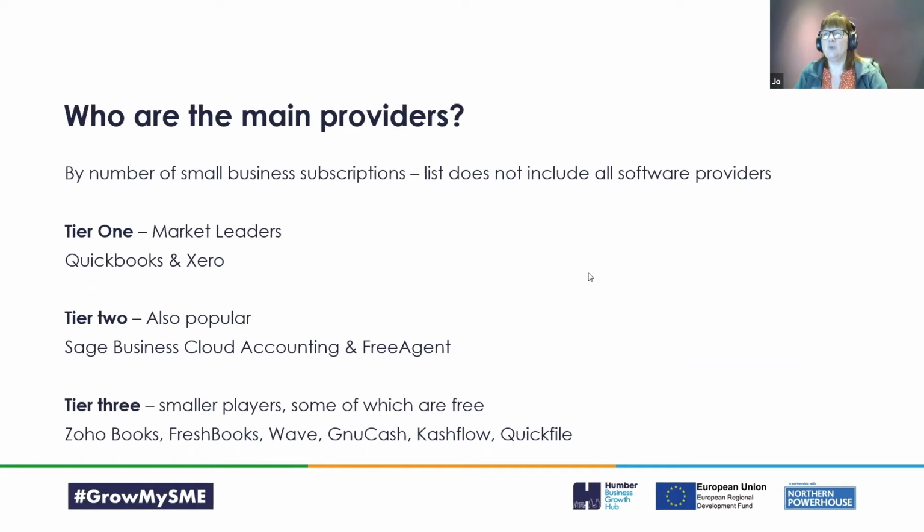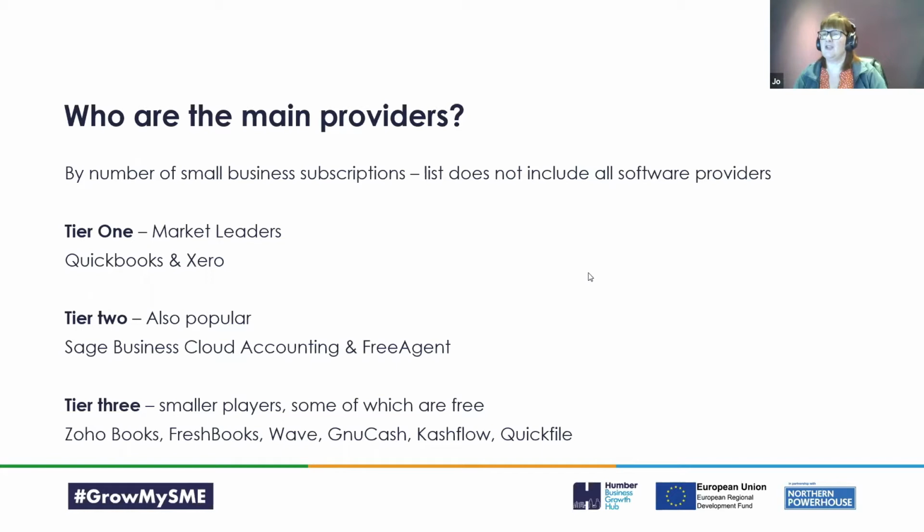In tier two, really popular software too are the Sage products. Sage used to be the market leader when we were looking at desktop products. It was Sage all the way. Sage 50 was the thing, and Sage Instant were the things that small businesses used. And they've brought in some cloud-based products. They were a little bit behind the curve in bringing in cloud things. So Xero were out of the traps quickly, and so were QuickBooks, and they left them behind. They've got products there. For me, they're not as good as QuickBooks and Xero, but they're all right.